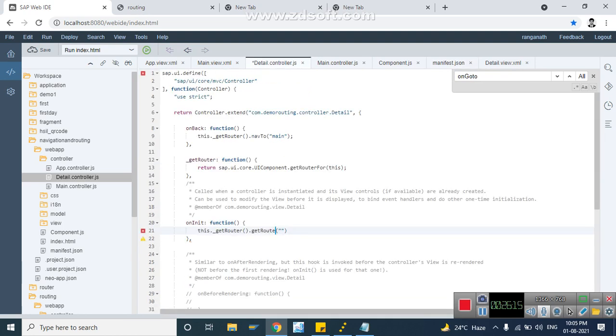Why do we need to give the detail route name? We are saying attach pattern match.